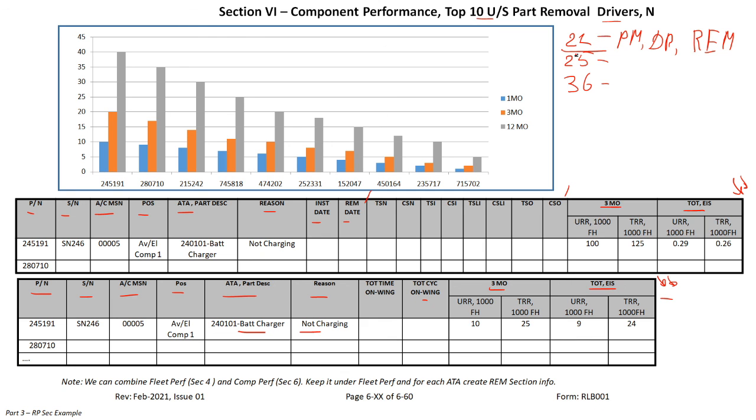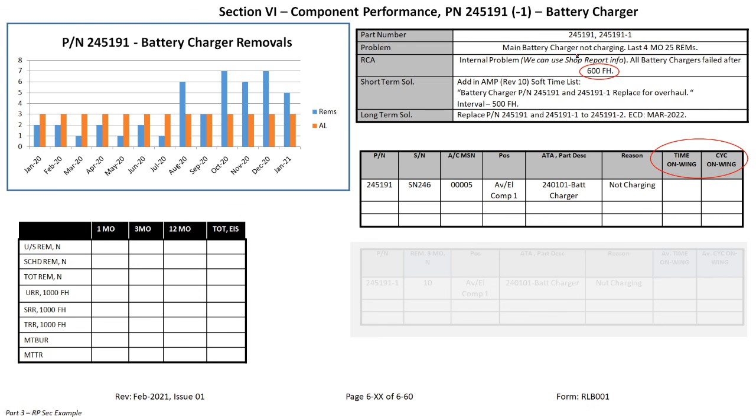Talking about section 4, let's move to the next slide. And this is copy-paste